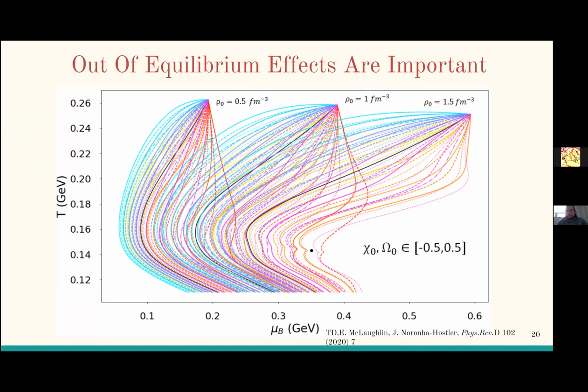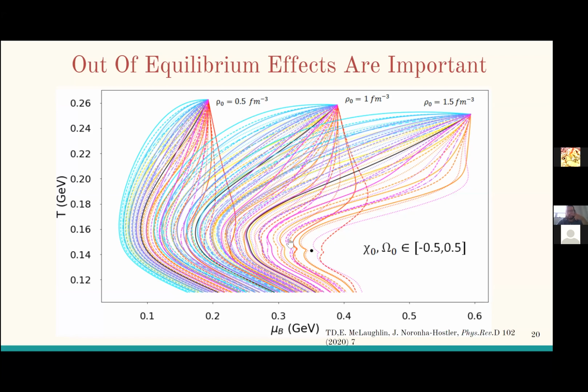But what happens now when you turn on the causality analysis and take away the trajectories that don't behave causally? Well, you get this. It does cut down on your phase space by a good amount. So as dramatic as this plot is, it's nice to know that once you implement physical checks, you can get rid of some of this uncertainty in your final state that we've been talking about here. So this is a nice little video that I have here.